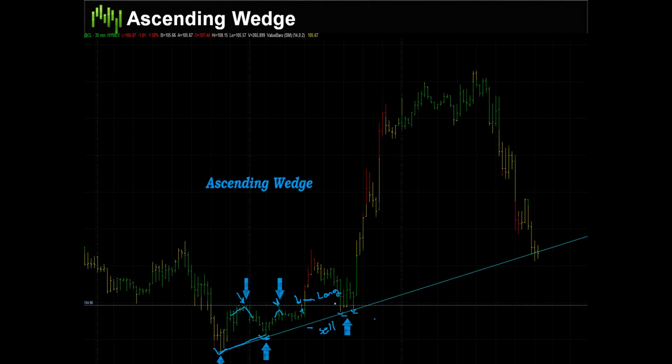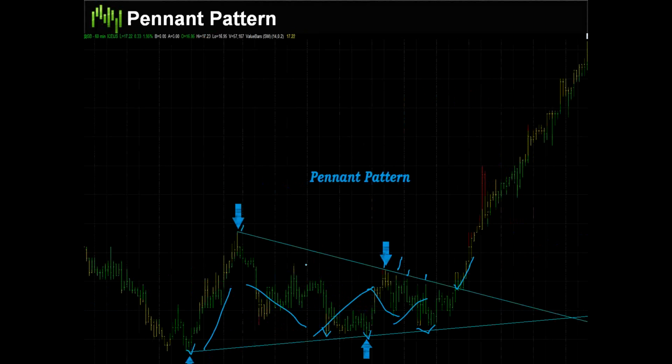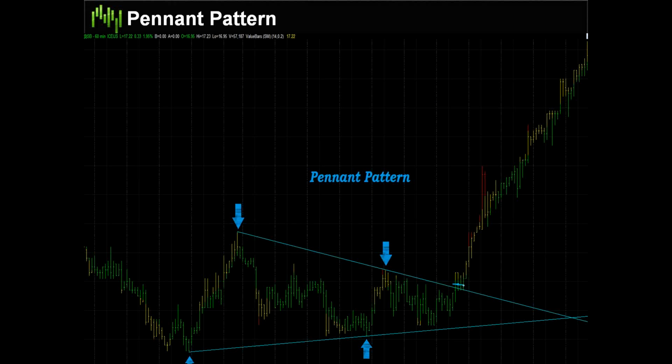You recently bought Noah, which was in a pennant pattern, was predicted to break out, but it has abruptly dropped 20%. Comments. Did you buy it before it broke out? So you bought it before it got out of the pennant pattern. That's why your orders to get long and to get short. This is an actual trade we took in the trading room, this one right here. Now again, this is on a 60-minute chart, so it's a little bit different, but it's in sugar. We had orders to be long right there. So you waited until it actually broke out of the pennant to get long, and then your stop loss was down here for this example when we traded this in the trading room.